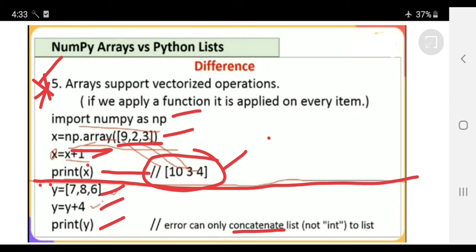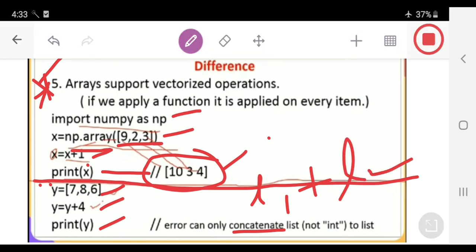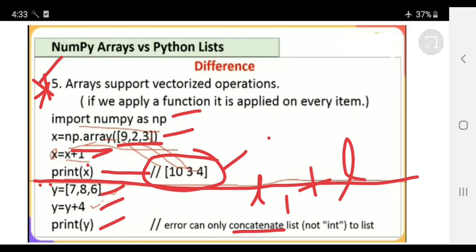Concatenation means one list joins with another list. So it will not support addition or subtraction operations, but it will support concatenation of one list to another list. We can add two lists, L1 and L2. Let us take an example. L1 values are 1, 2, 3.